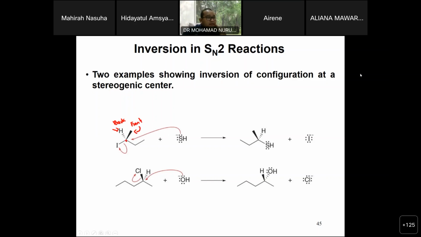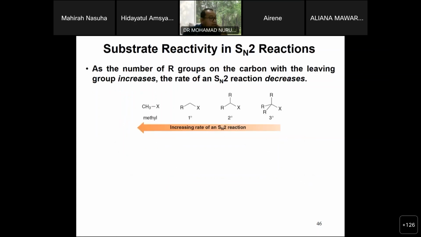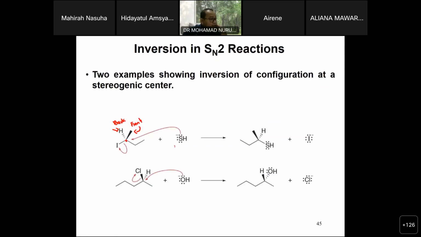Okay, so we will see this is a nucleophile. This is a nucleophile. Okay, nucleophile. The nucleophile will attack the chiral center, and after that, there will be inversion of configuration. And meanwhile, if we see clearly here, okay, the